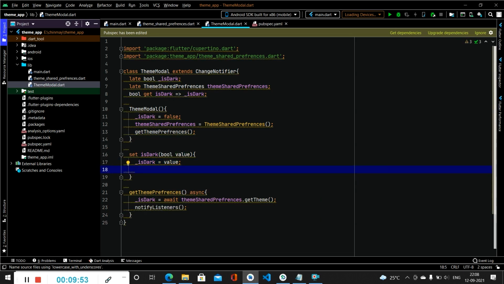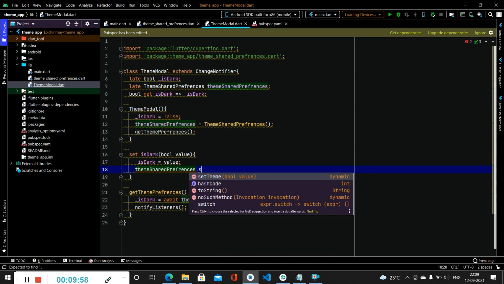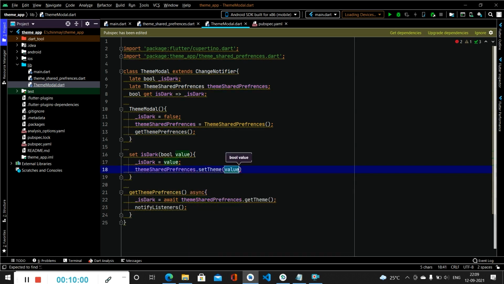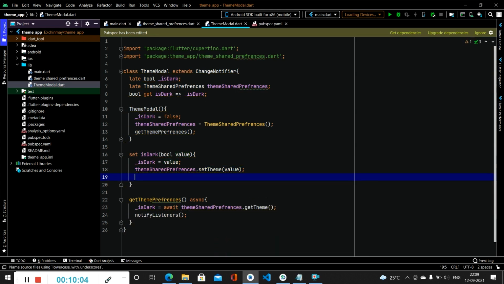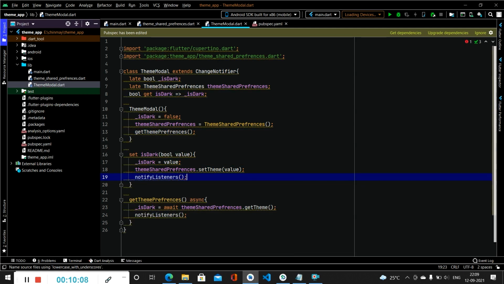Now after that we will be simply calling ThemeSharedPreferences dot setTheme, and inside this we will be specifying our boolean value. Then we will again call notifyListeners to notify the change. Now we have completed the coding part for our ThemeModel class as well.